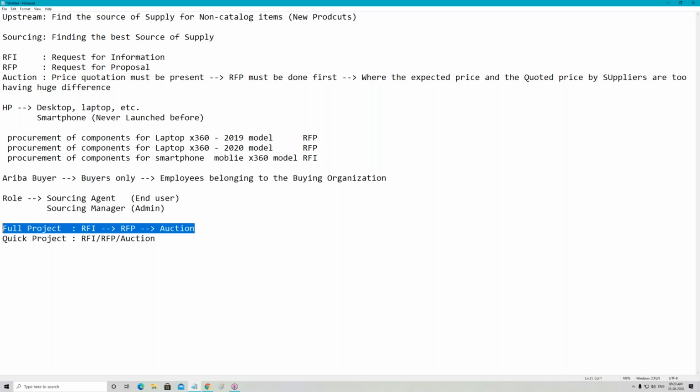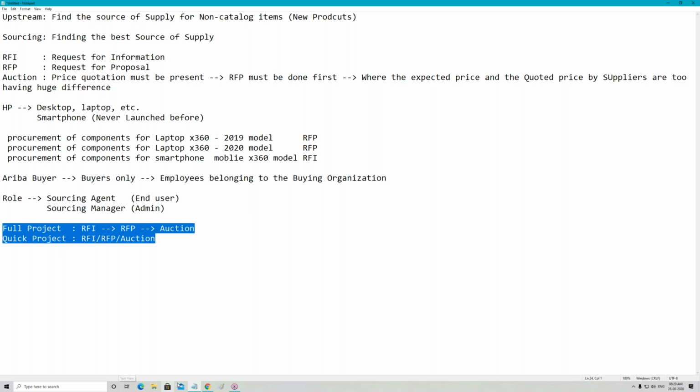So of course, you will say to your client, I think full project will not work here. You have to work with the quick project. Once you say this solution, the client will immediately ask you, very good, you have given a very good solution, but see, my end users, even if you give them very good training and manuals and all those things, will make a mistake. Can they change this full project to quick project later on?